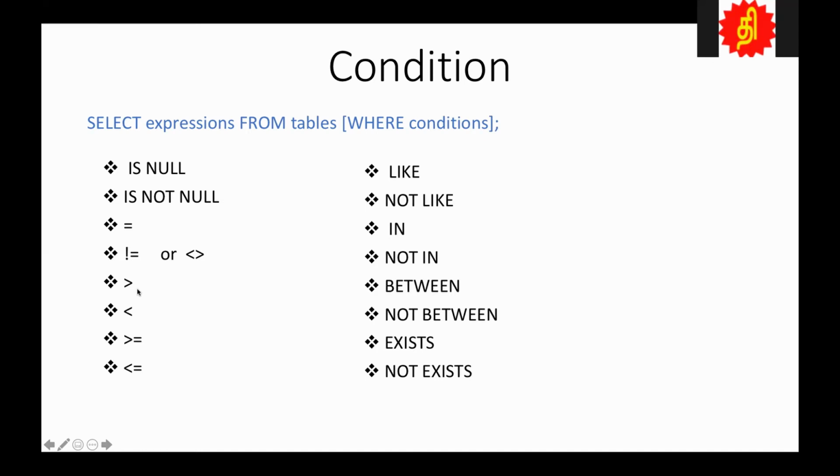So basically, you are telling the column is greater than so and so. Okay. Less than. Greater than or equal to, where greater than or equal to something, where less than. Okay. Now, what is LIKE? Okay, with LIKE you say that some name starts with that or ends with that.